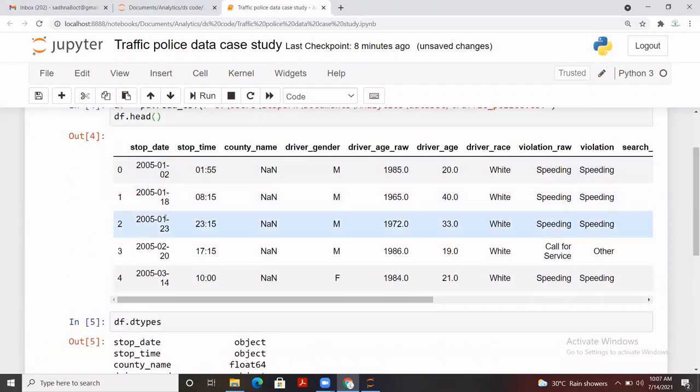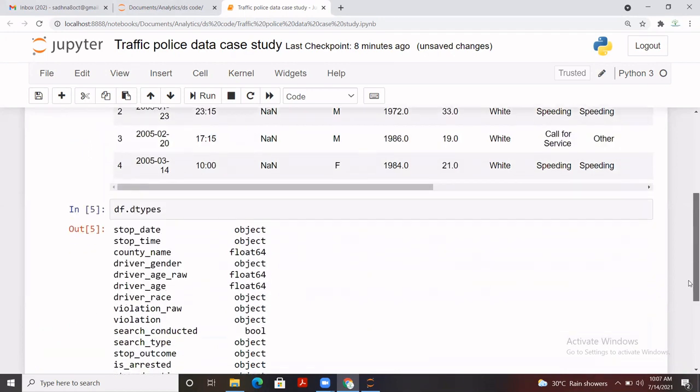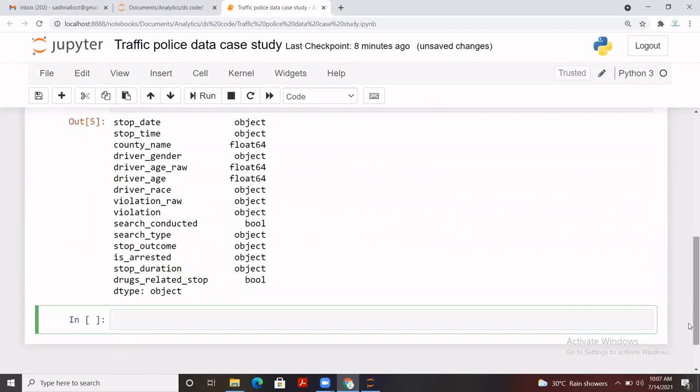Yes, we do have date data. So first we are going to convert that into date and time in place of the object. So how to do it? Let me write it here: convert the stop date and stop time columns from object to date and time, right?